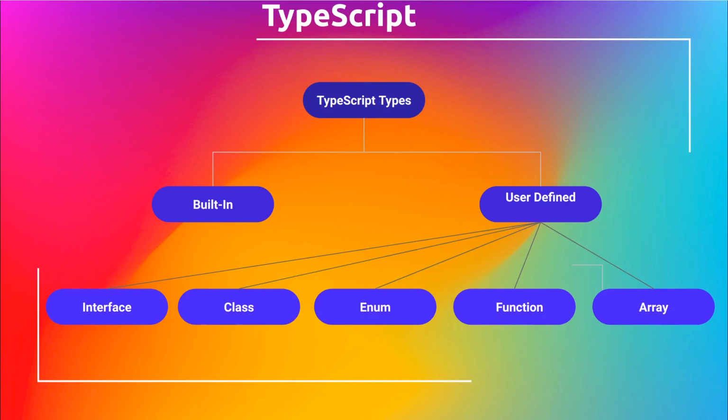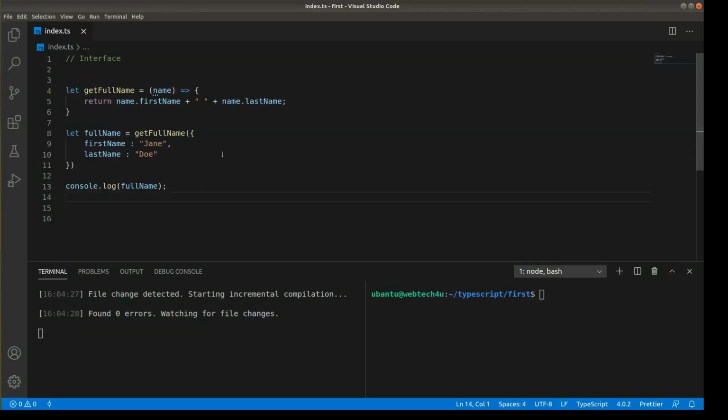So let's move to Visual Code. Back in Visual Code, we have declared a getFullName function here, which is an arrow function, and it accepts an object as a parameter. What it does is return a string, adding a space between those two properties of the object, that is firstName and lastName. Here I am calling that function with those two properties, storing the result in fullName, and later logging that result to the console.